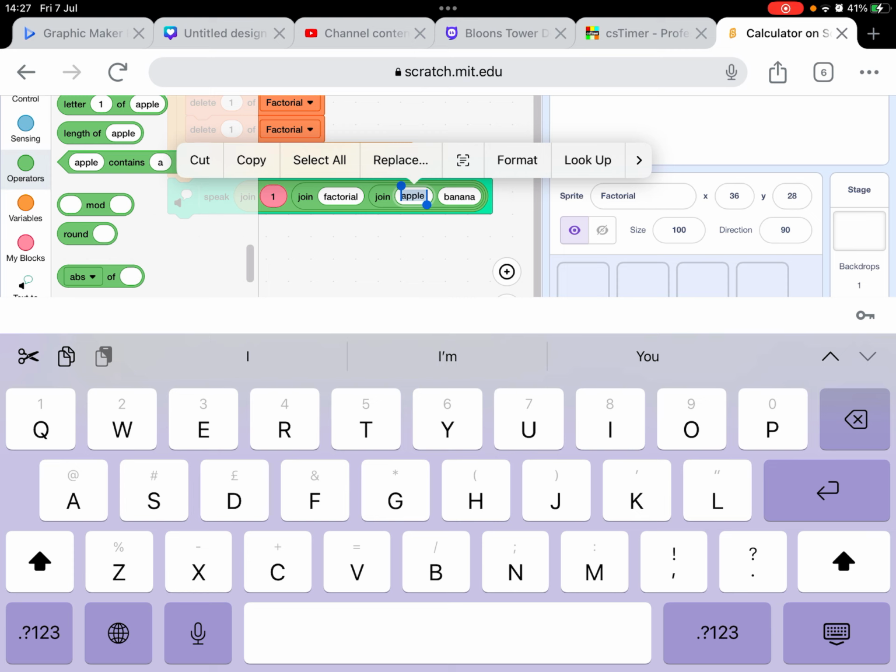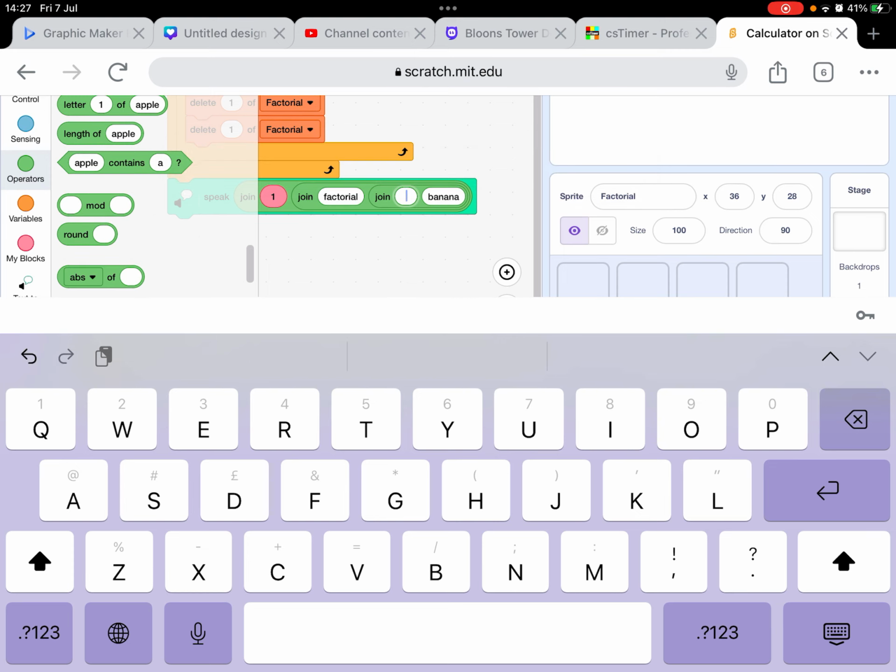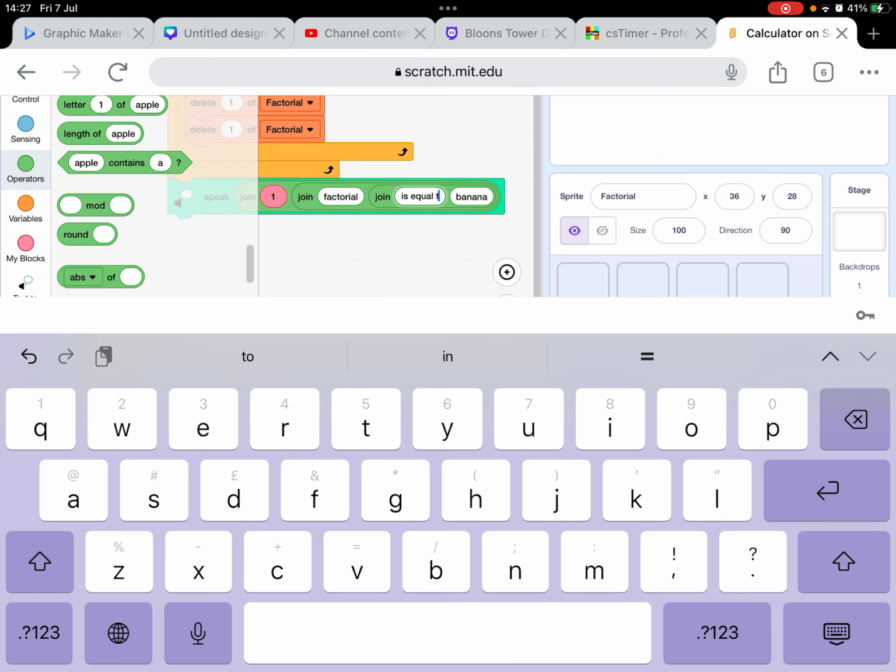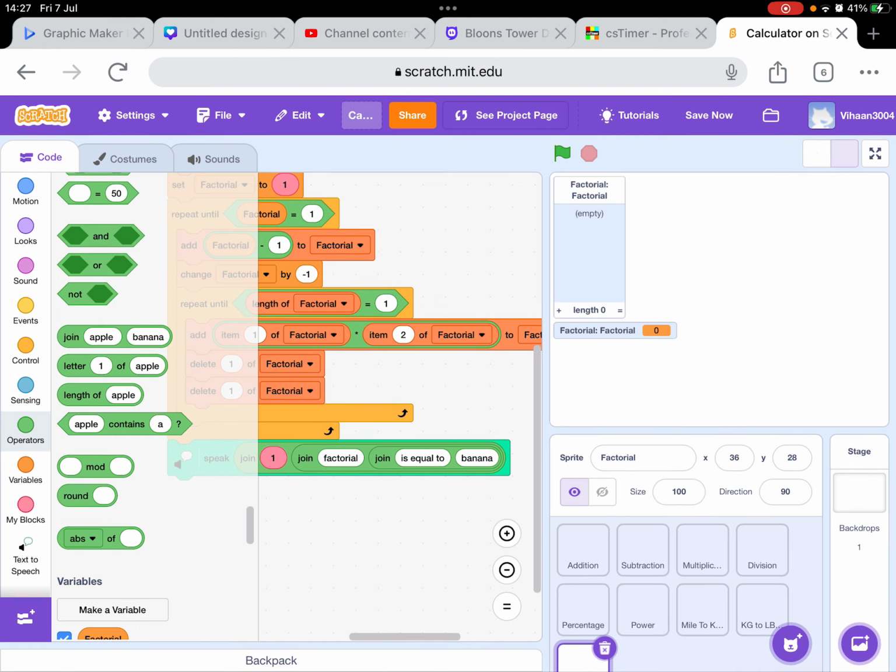Let's just assume we've got the number 4 factorial is equal to, and the item, it's going to be